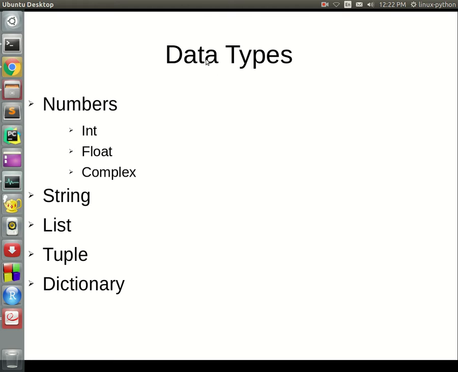Today we are going to learn about data types in Python, and how they work. In Python we have five types of data types: numbers, strings, lists, tuples, and dictionaries. Again, in the numbers there are three types: int, float, and complex numbers. Let us see one by one how they work and what all things we can do with data